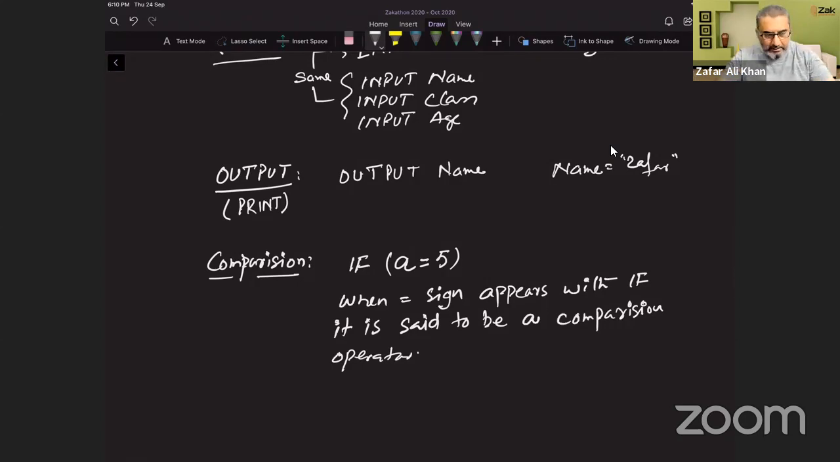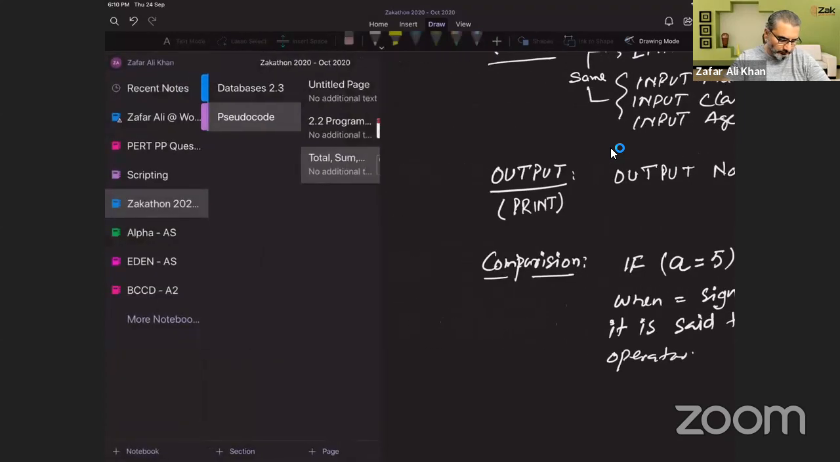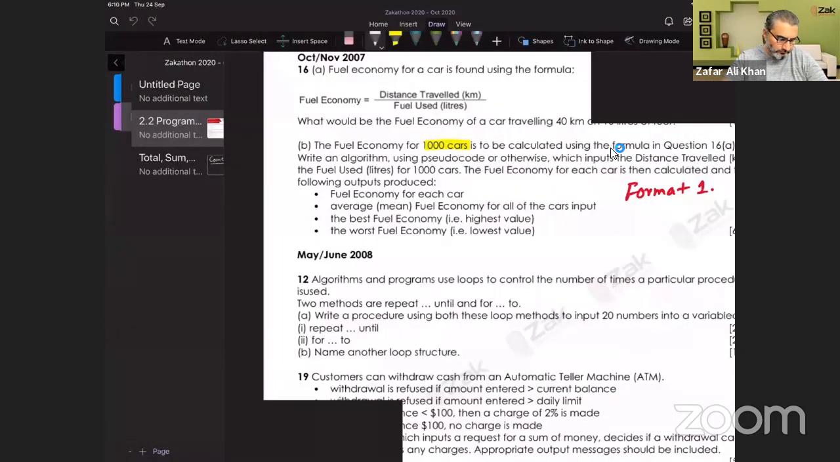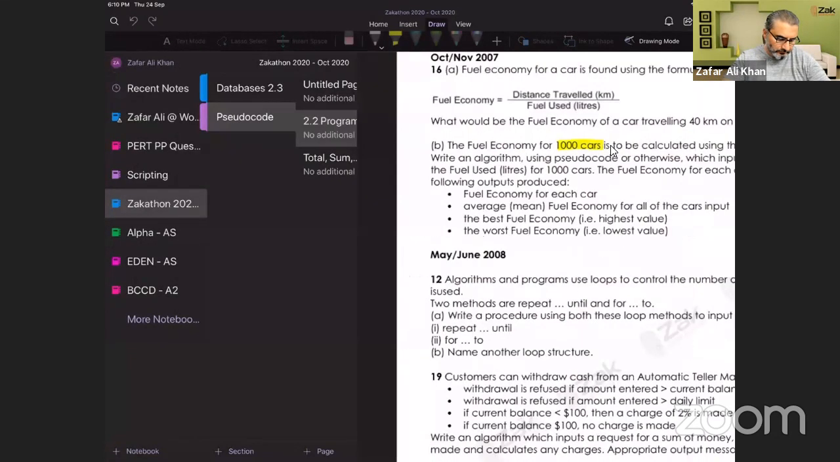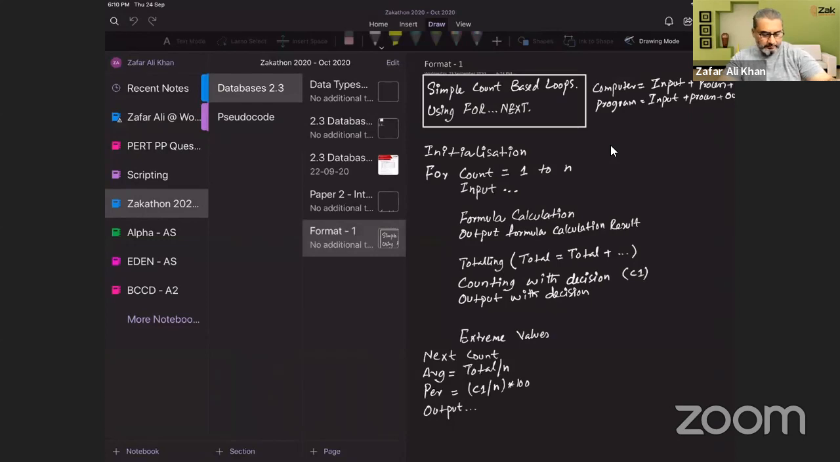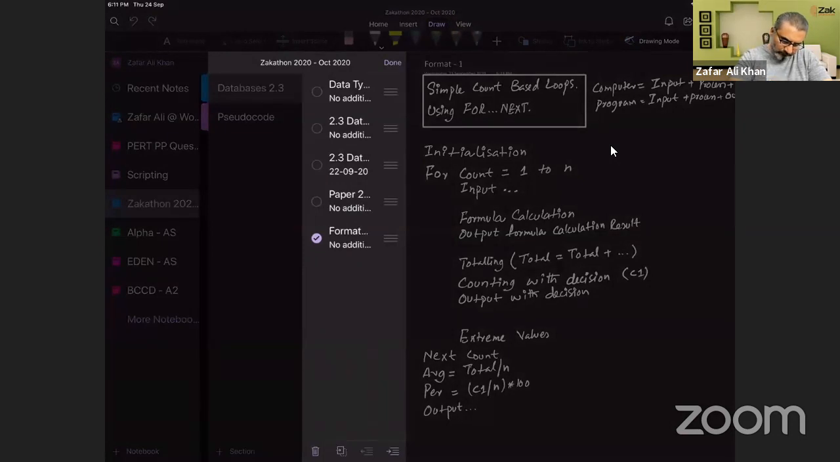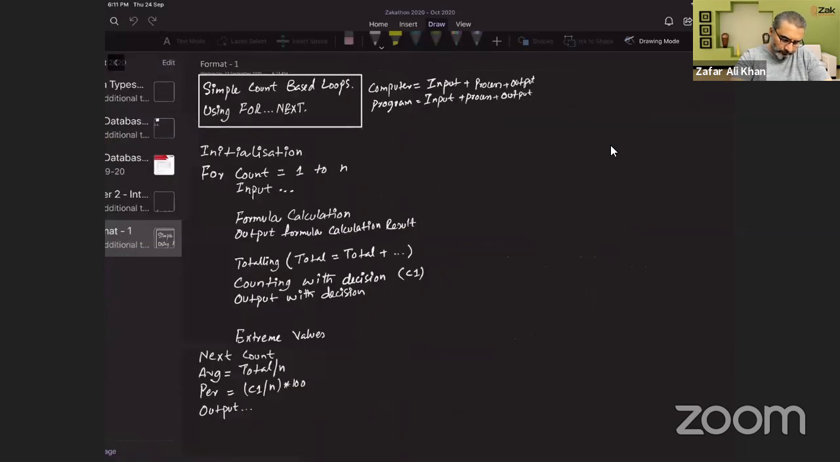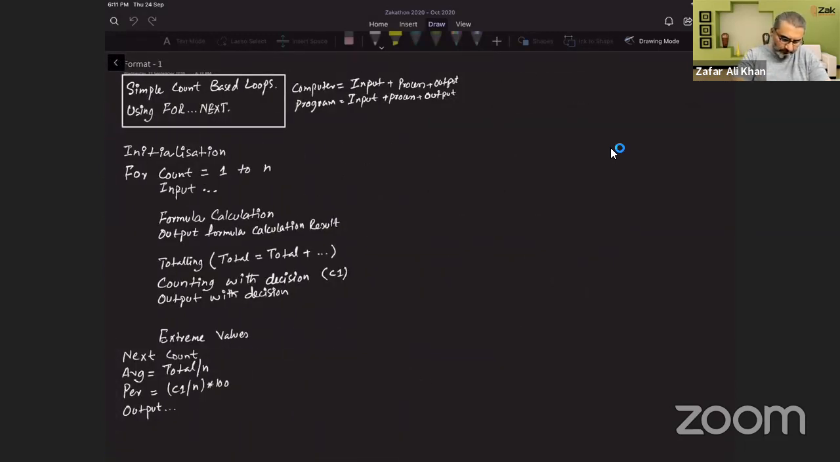Let's get back to what we were discussing yesterday. So we were doing format 1. Now this format 1 is basically